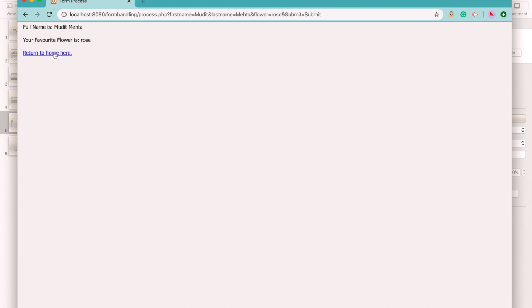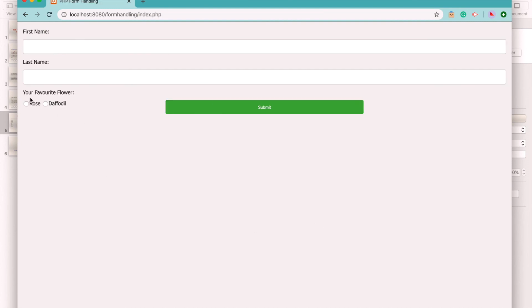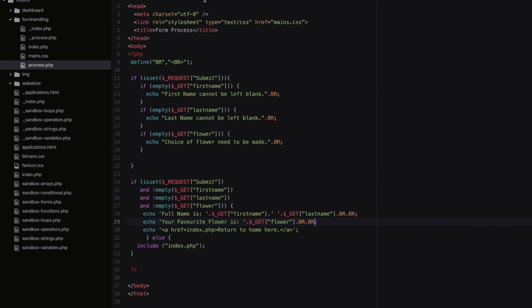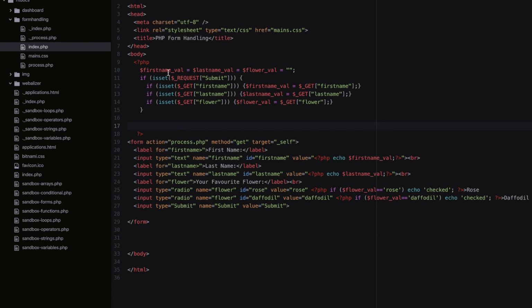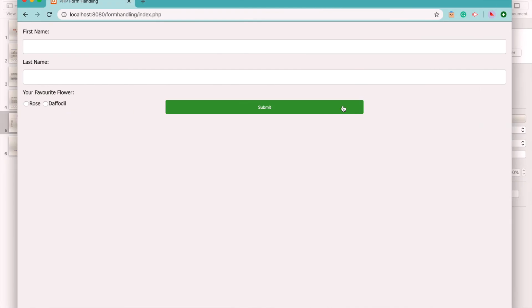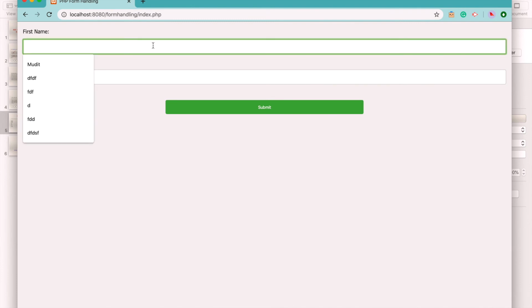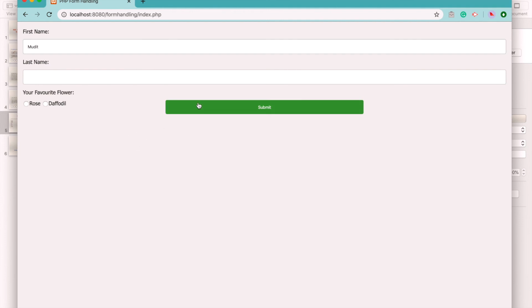So when we click, it clears all the values, since in our index.php we are initializing all the values as blank when we initially come, and it is not coming from submit. If it is coming from submit, it is picking up values from the URL, so retaining the values. Now what we want to do is, if we put input and we say submit,